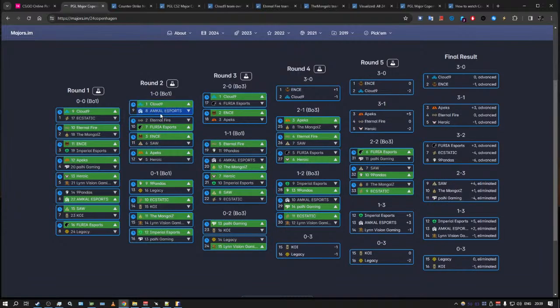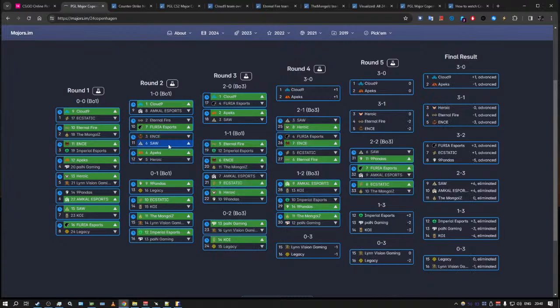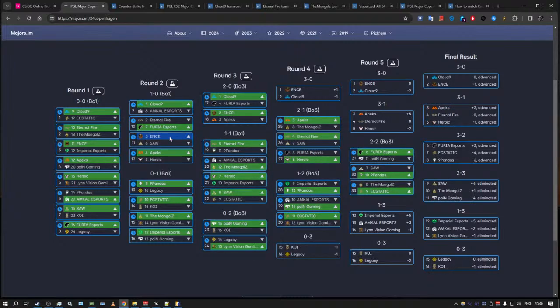So what we get, if this is indeed the results, we might get Cloud9 versus Furia, or something like Apex Heroic or Ants versus Apex, something like that. Or maybe even Saw versus Apex. And this is if the rest of this, like Nine Pandas beat Ecstatic, beat the Mongols, beat Linvision, and Imperial, probably Imperial, will beat Pain Gaming. And in a matchup like that, I mean, Cloud9 should still win. But,